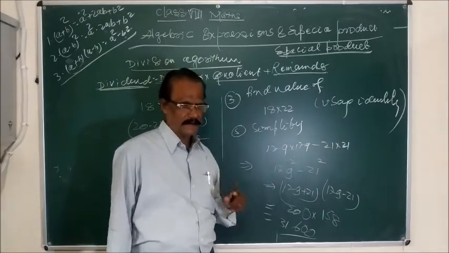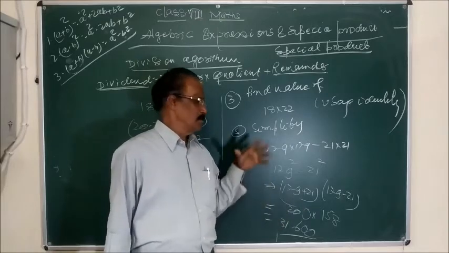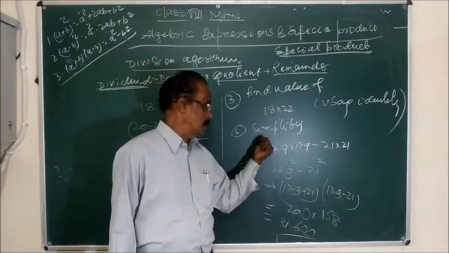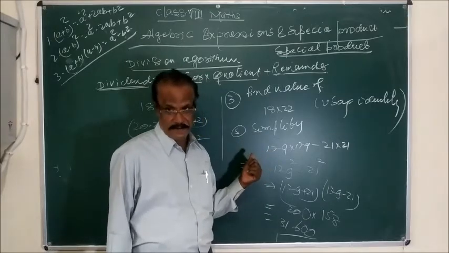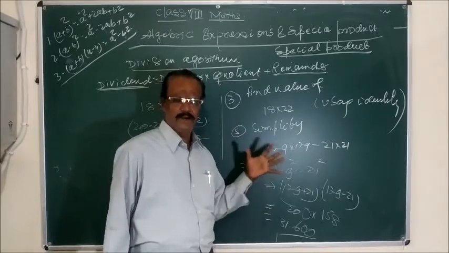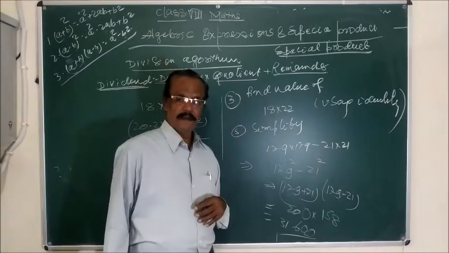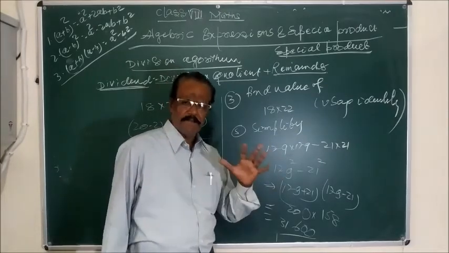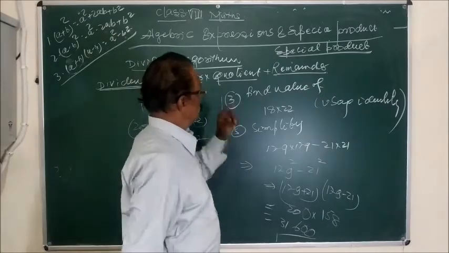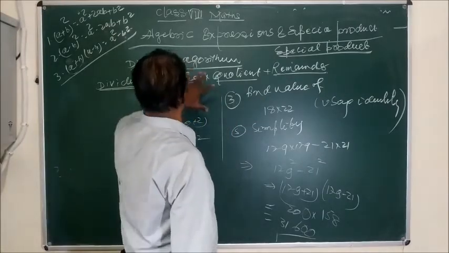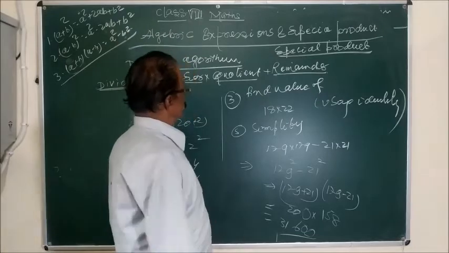Alright sir, if you multiply 179 into 179, simple multiplication, and you multiply 21 by 21 and you subtract, you will get the same result. But you will not get the marks because you have not used the algebraic identity. So my dear students, many questions are given in this exercise. There are some typical questions, and if you learn the methods, you can solve the given questions.